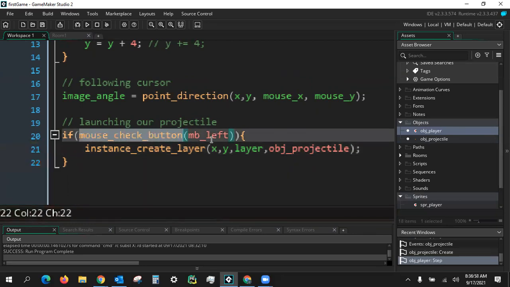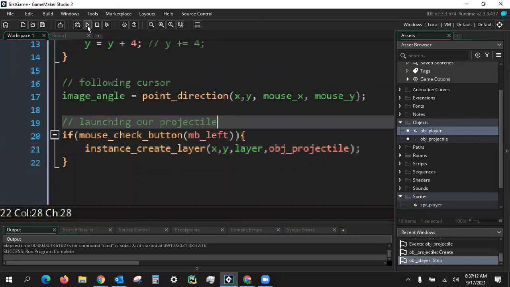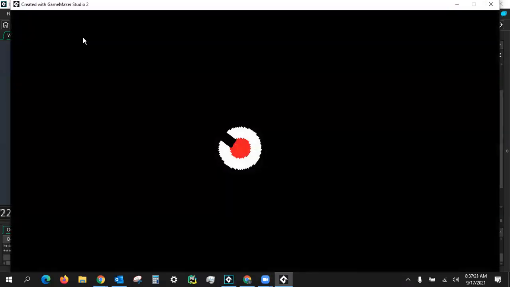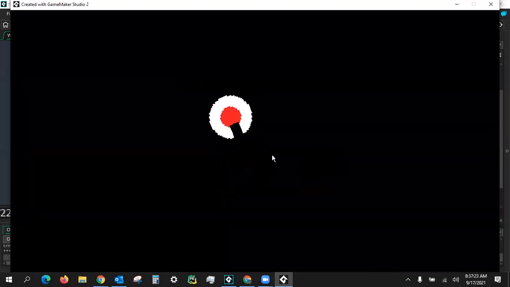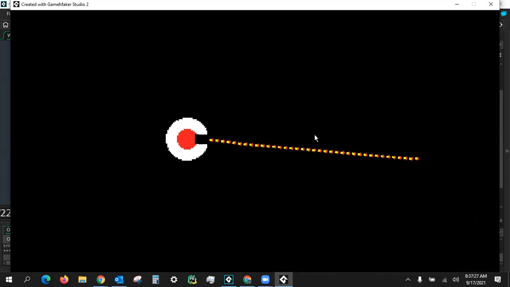So whenever the left mouse button is pressed, create a new instance layer at our origin point on the same layer as us of our object projectile. So let's go ahead and run this and let us see what we get on the canvas. So again, moving around, following the cursor, I press left click and you see a small stream of shots coming